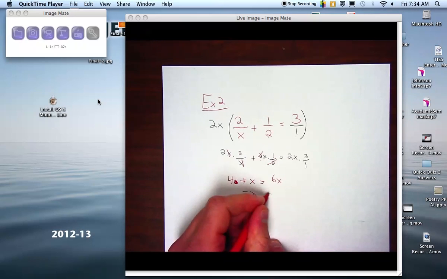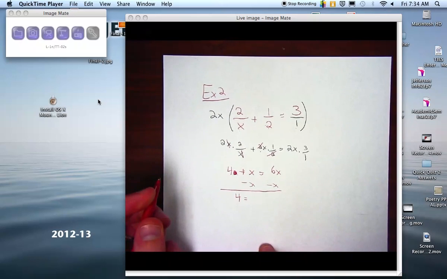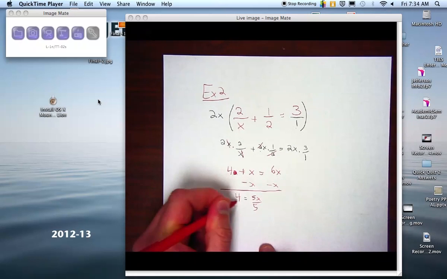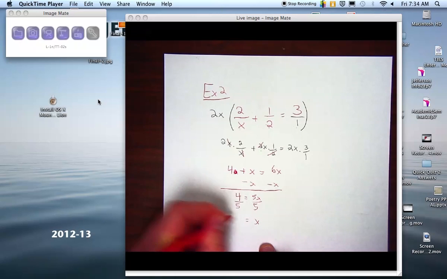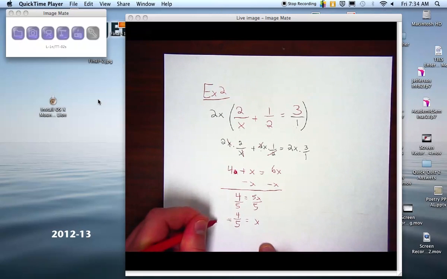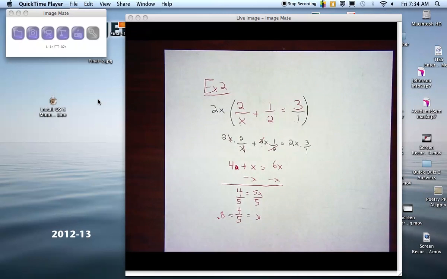And again, now I solve this just like a normal equation. I have 4 equals 5x, and I divide by 5. And sometimes it won't come out evenly. We get a fraction of 4/5, which if you divide on your calculator, you get 0.8. Okay, 0.8. So fraction busters, you are looking for the common denominator, what's going to cancel out everything,